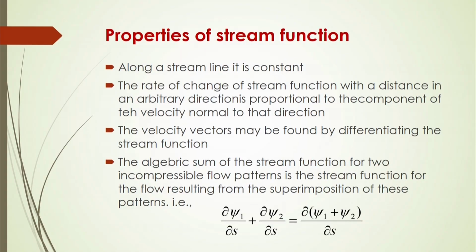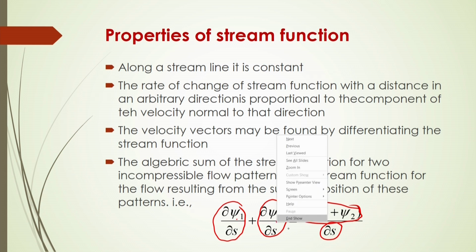So, here in this case ∂ψ1/∂s plus ∂ψ2/∂s will be equal to ∂(ψ1 plus ψ2)/∂s here. So, this is very important, that ψ1 and ψ2 are superimposition of these patterns. Whenever you are considering a streamline, of course, that must be constant, and the rate of change of the stream function with respect to distance in any arbitrary direction